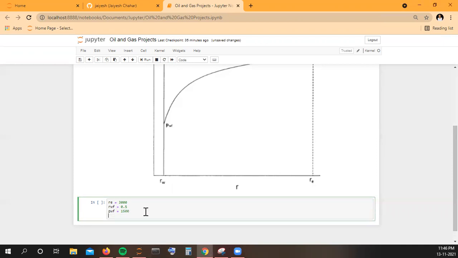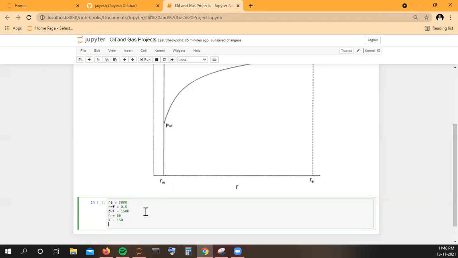Let us take the net pay thickness, which is the thickness from which we are producing the oil. Let us take it as 60 feet. Permeability, we will take 150 millidarcy. Flow rate, let us take 200 STB per day.